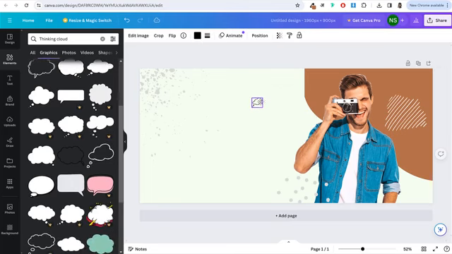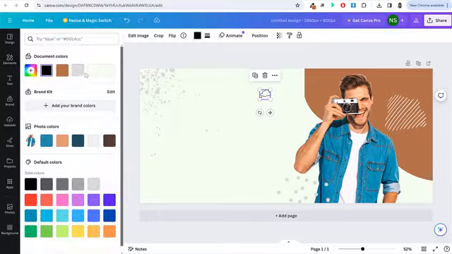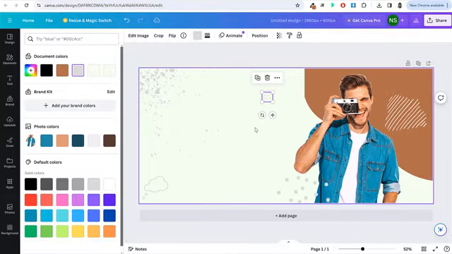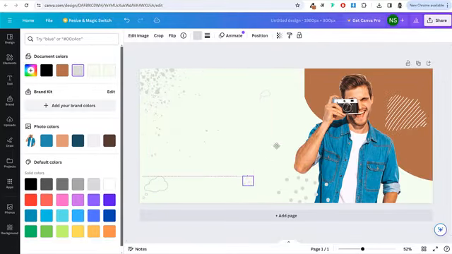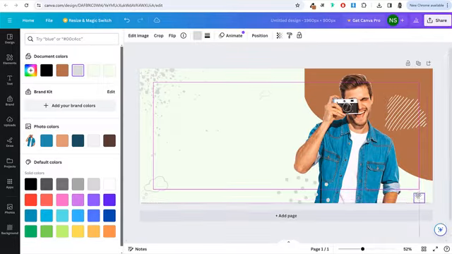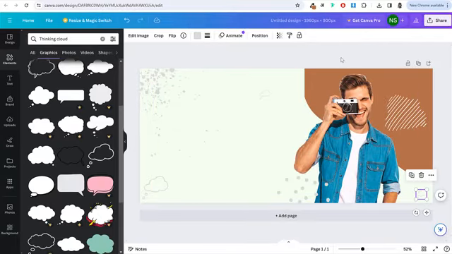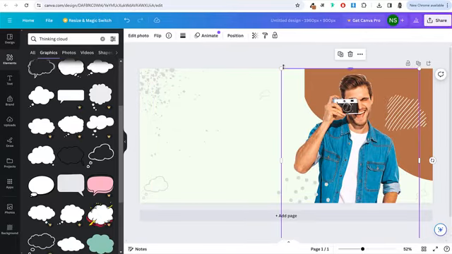Okay, decrease the size, bring it over here, change the color to this color, and copy paste it multiple times, place it at different places. Okay, maybe one over here. So this is how you can create your banners. You can again change the size of this